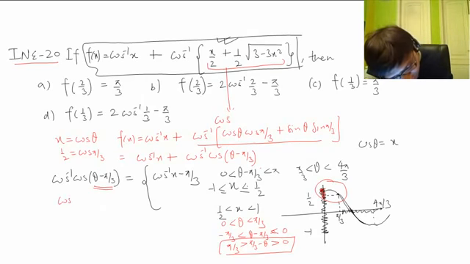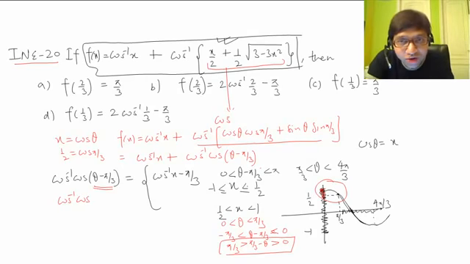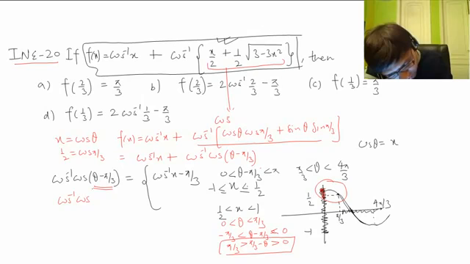We can do that, because cos of minus theta is cos theta. In cos, we can remove the minus sign from the angle, so we can multiply the minus sign with the angle without changing anything. So we can write this as pi by 3 minus theta, since cos theta is cos of minus theta. Now it's in the principal value branch. We can cancel cos inverse with cos. It is pi by 3 minus theta, where theta means cos inverse x.